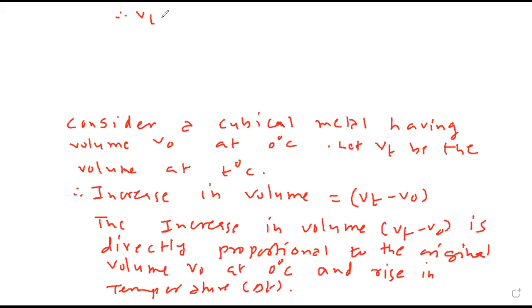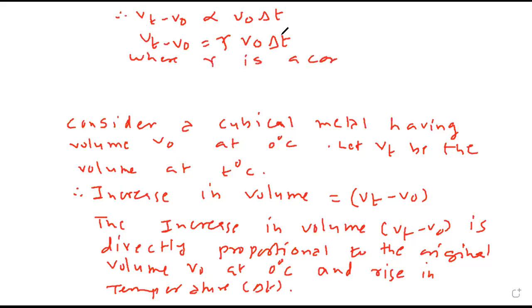Therefore, Vt minus V0 is proportional to V0 delta t. So Vt minus V0 equals gamma V0 delta t, where gamma is a